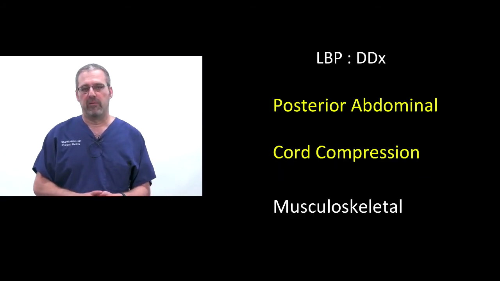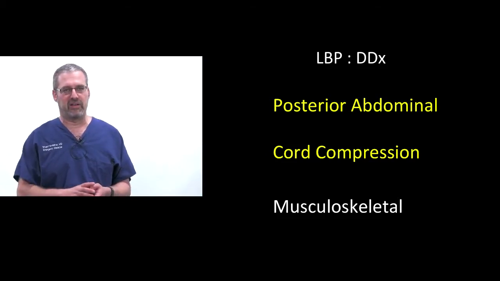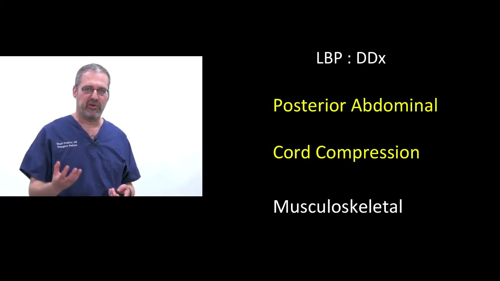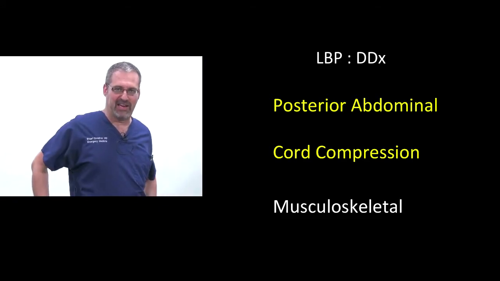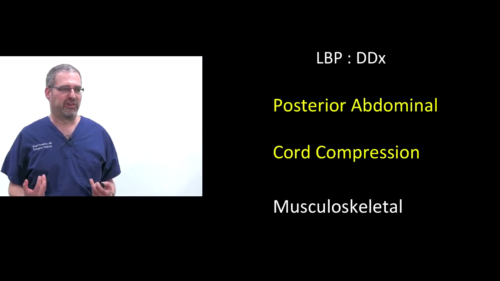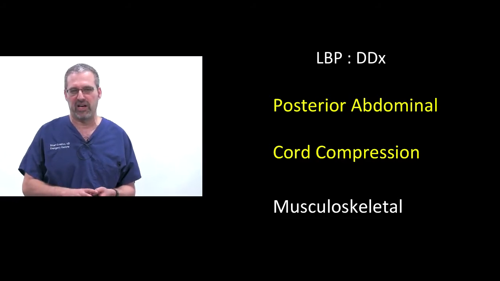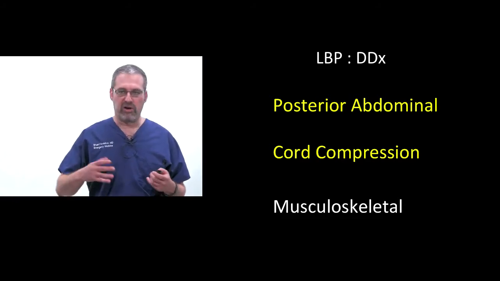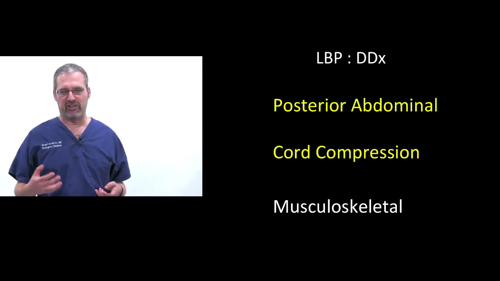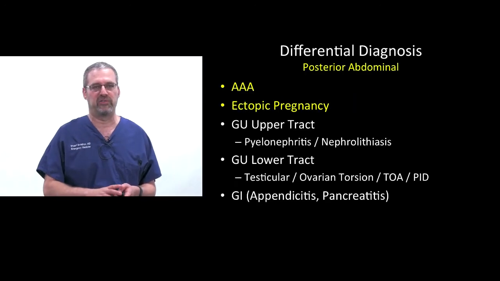The way that we divide this up, I think you'll find it helpful, because the two first categories, posterior abdominal emergencies, basically anything back here that can present as lower back pain, and cord compression, those are the serious things. Those are the diagnoses you can't really miss as an ER doctor. Whereas the bulk of these fall under different categories under musculoskeletal, and they're generally going home. And that's why I've sort of put them in a different color, because they're usually a little less serious.